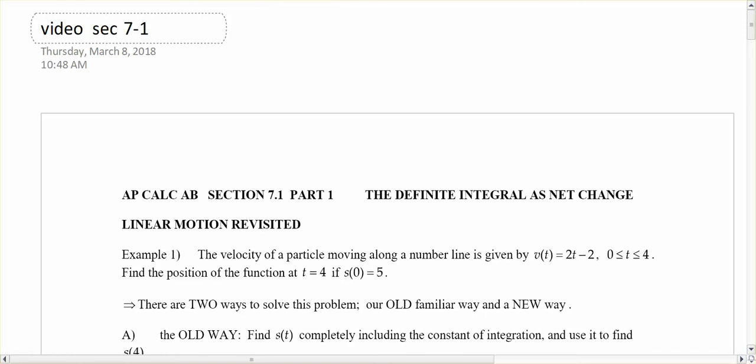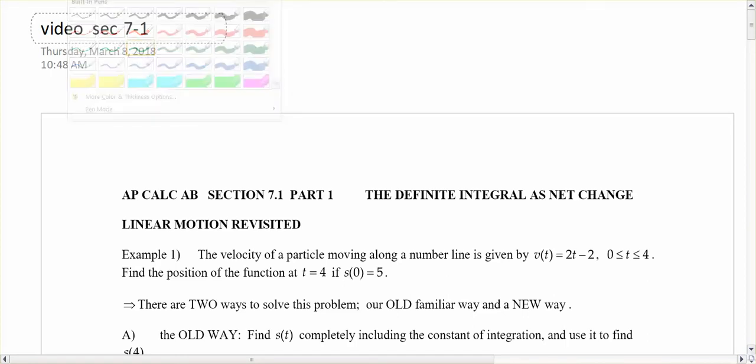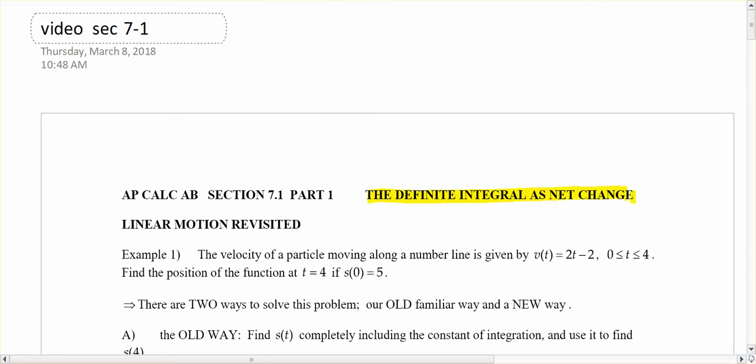Section 7.1, Part 1, the definite integral as net change. We're only going to do the first 2 pages here, and it is pretty much almost all review, so it should go pretty quickly and pretty painlessly. We're going to start off by reviewing what we know about linear motion, and we're going to look at example